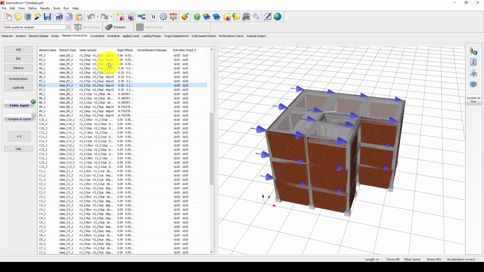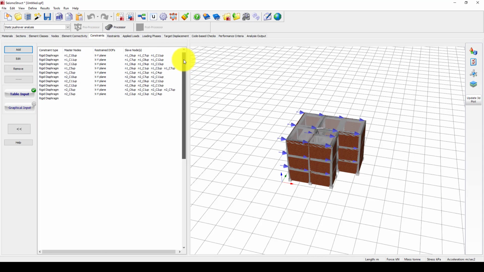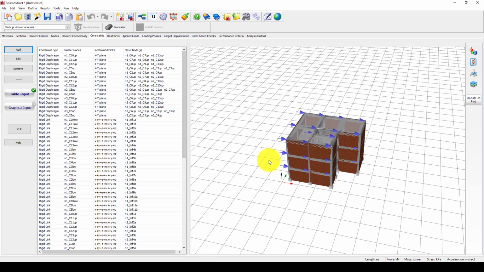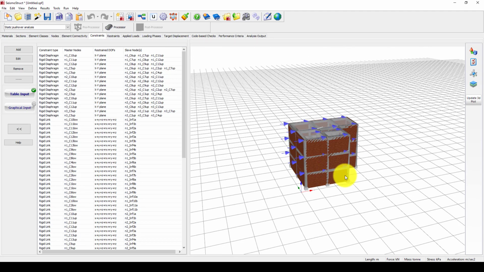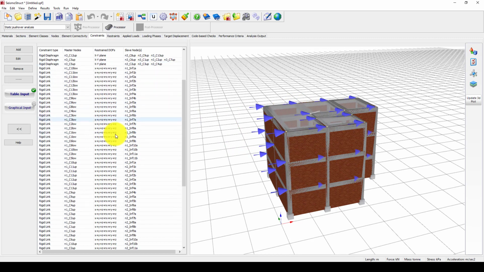Now we can go to some constraints, and here we can see the program is quite enhanced, and it creates rigid diaphragms for all slabs and floors, and also it creates rigid links for